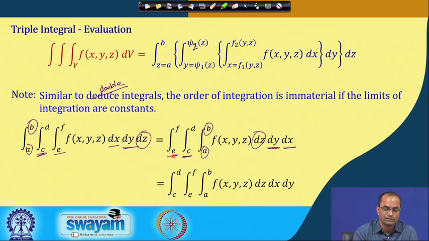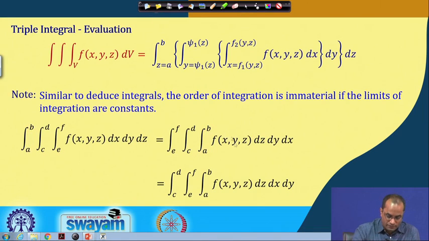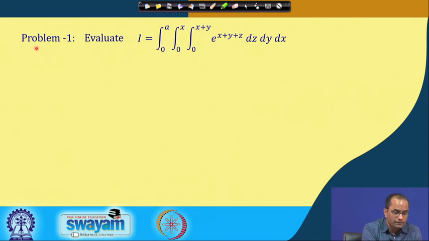If the limits are constant, one can simply change the order. Okay, so here now we will go for the evaluation. So, that is the first example we will consider